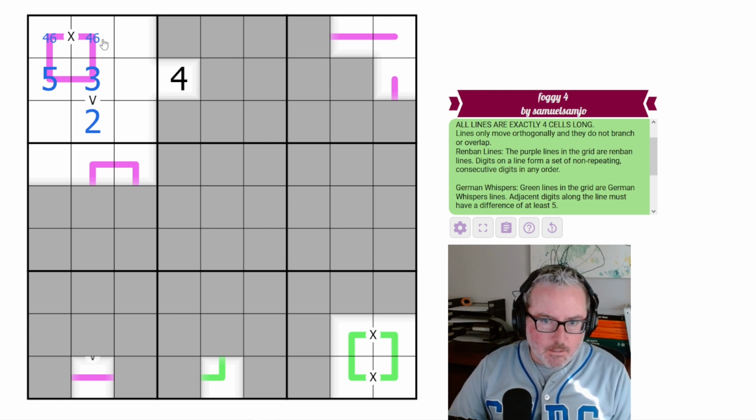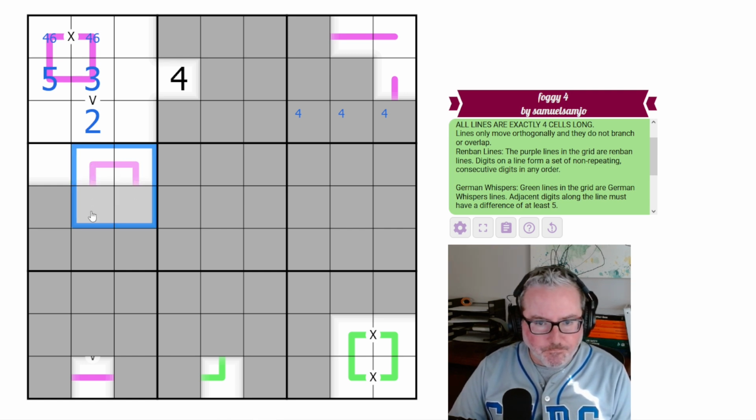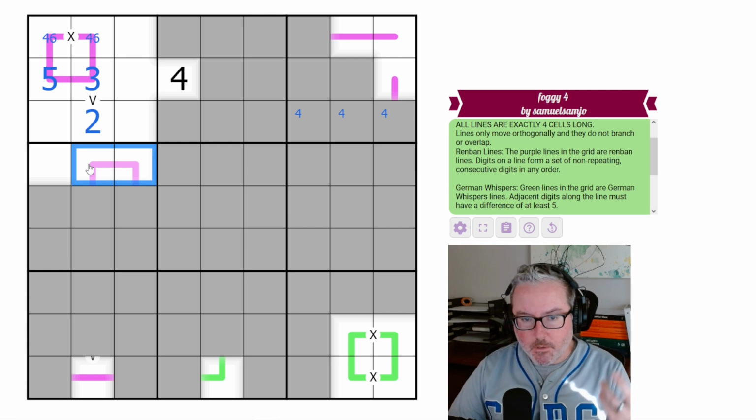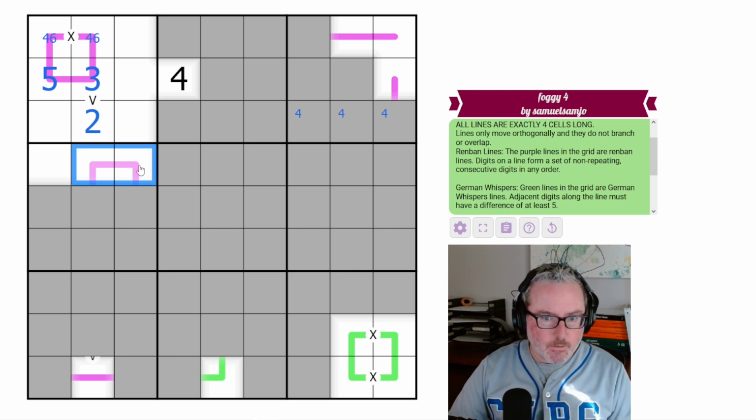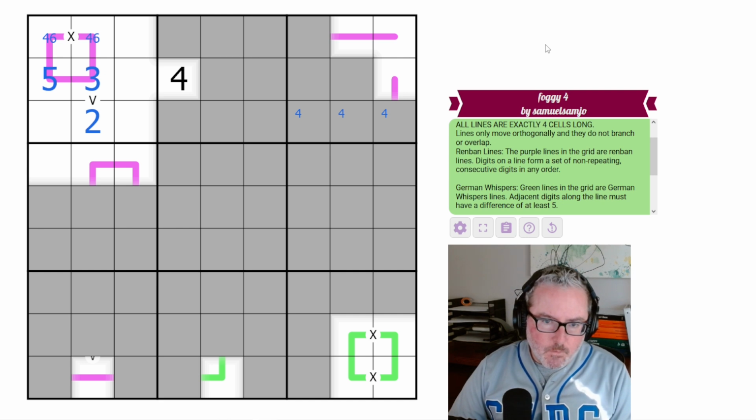Next on the block, we know there's going to be a 4 down here somewhere. We can't quite tell where these Renban lines go after they enter into the fog, so there's probably not a ton there we can look at the moment. We know we have another 4-cell Renban, because we can see this one is purple, if you have color blindness and can't make that differentiation. This actually is a purple Renban line that we've uncovered here. We know that this extends into all of these and it can only be 4 cells long, so it must be these 4 cells. Now, with that said, we don't necessarily know what those can be, but we do know something else